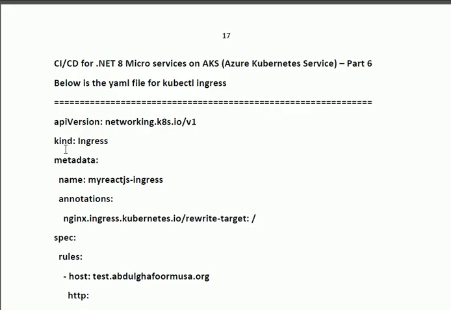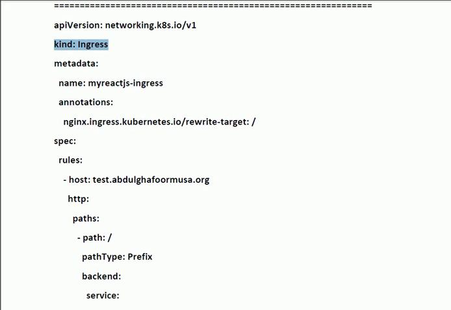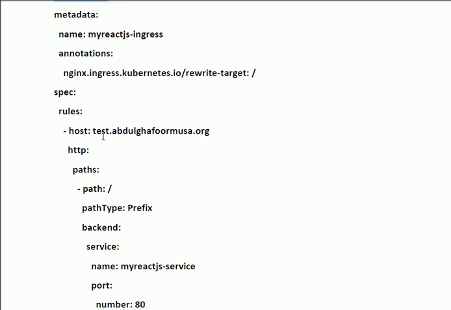In the ingress file, the kind is Ingress, and the name is my React.js ingress. These are the different annotations that we shall use for our ingress, and moreover this is the most important. This is the domain that we shall access on the internet, test.abdulgafurmusa.org. This is the host name. We shall use this host name to access our app on the internet,